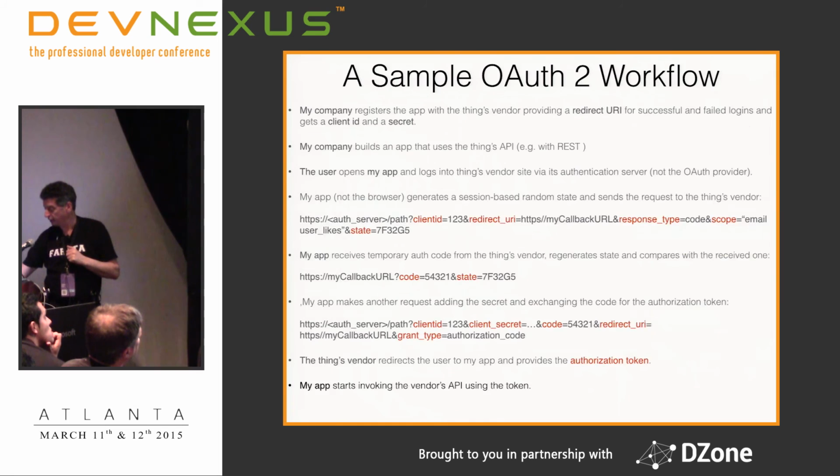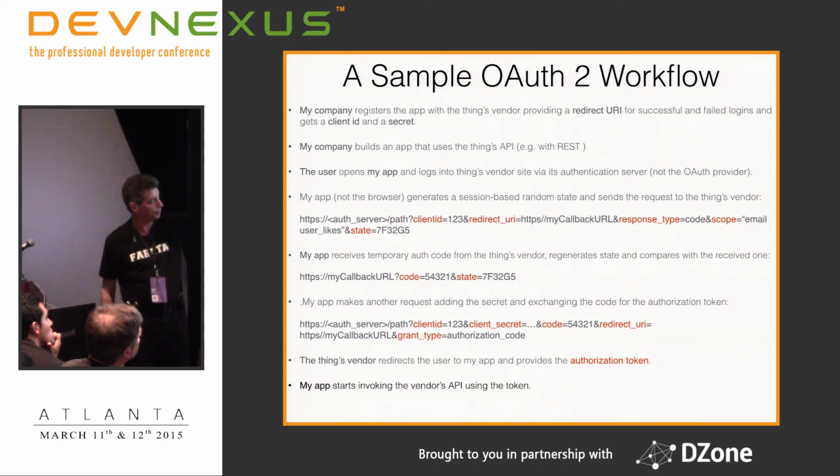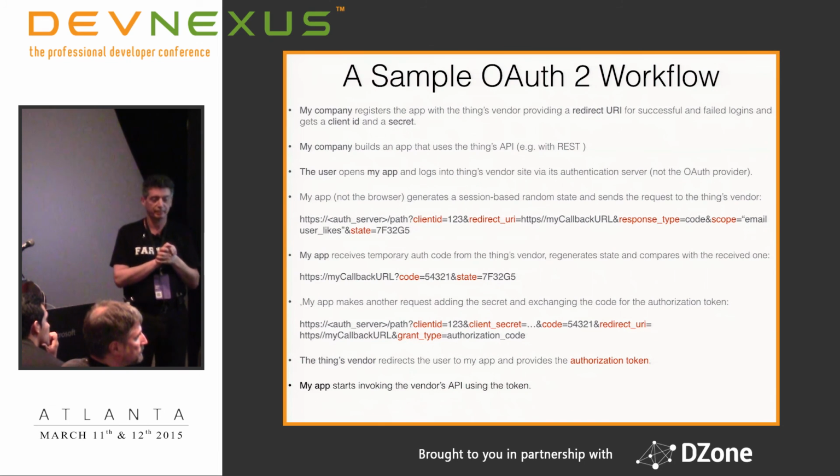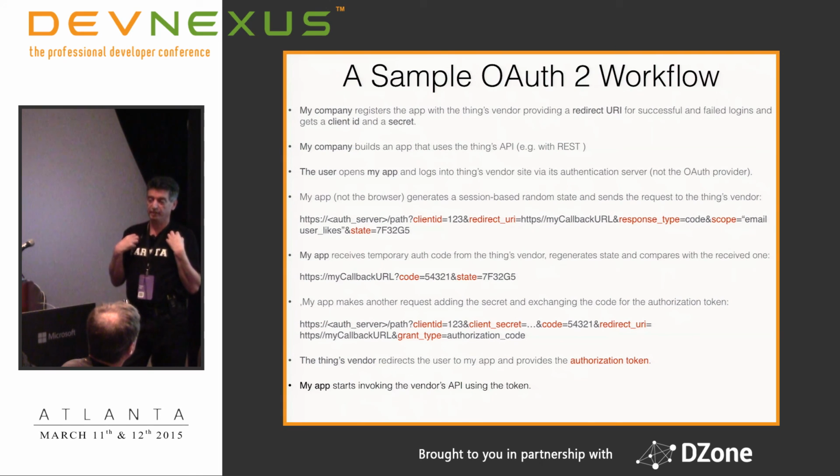Finally, I want to go back now and explain the scenario of why you might need to have state. If it goes back and forth, you generated the state based on the session ID. You send it to the authorization server, and they just bounce it back to you. There is a scenario that is called cross-site request forgery, CSRF. So what it means, if I'm a bad guy, I can log into the application.